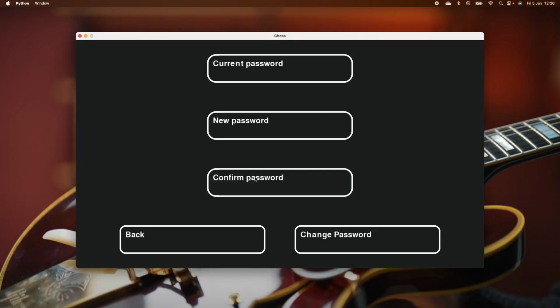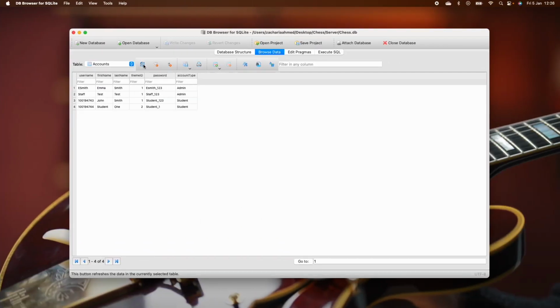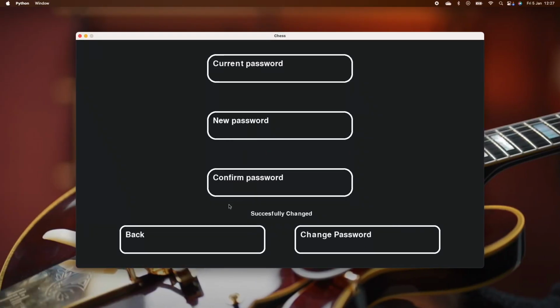So now if I click change password and I put in the correct current password and a new password, and I click change password, it says successfully changed, and I can go to the database and refresh it, and you can see that my password has changed. And so I just changed it back, and I'm going to change my password again, but this time I'm going to put an incorrect password